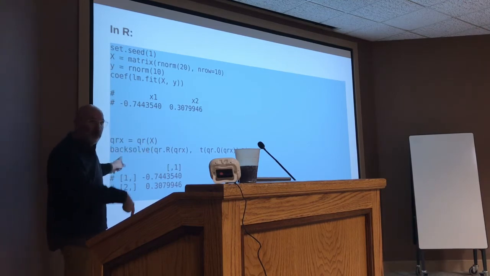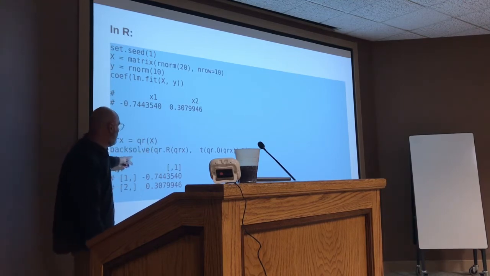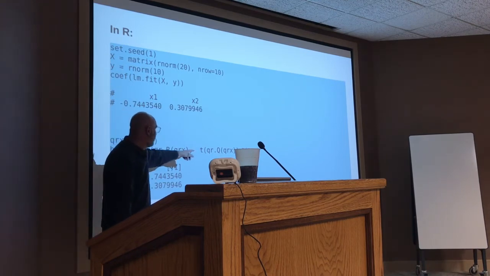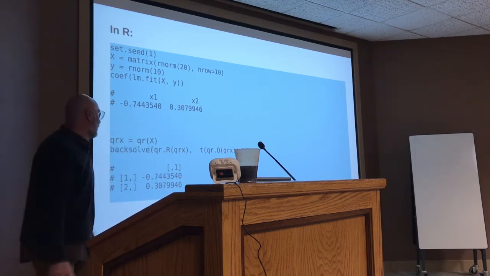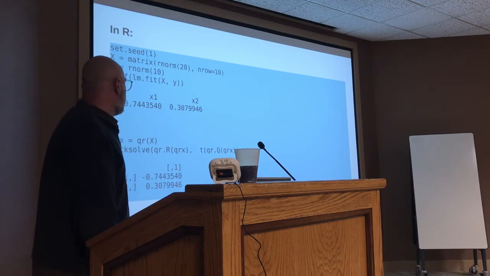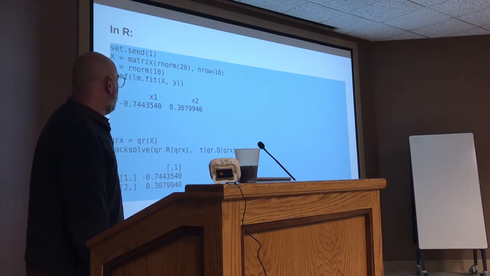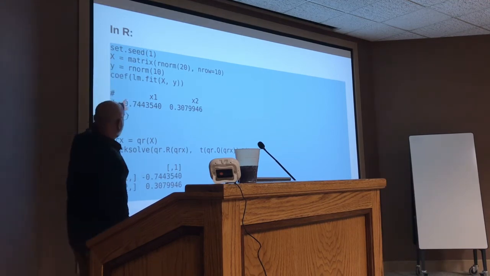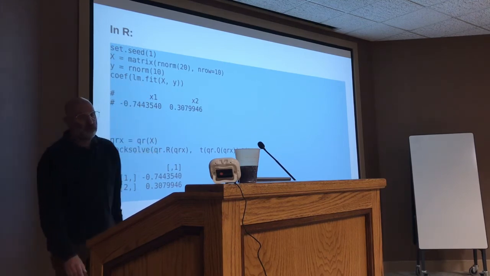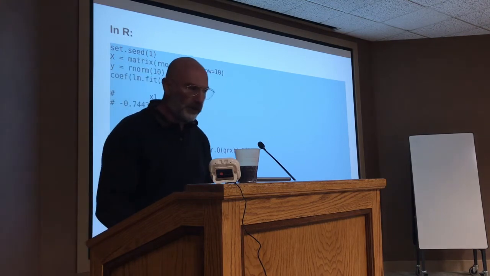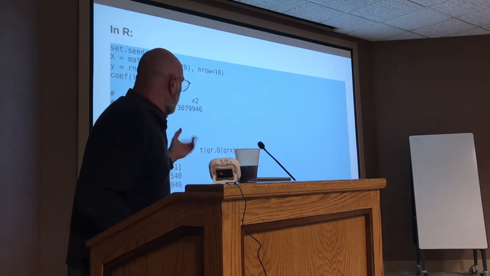We do a back solve, the back substitution like we learned in high school, using the triangular matrix. And we multiply the data vector by the transpose of the basis. And we get the same coefficients, right? So that's precisely how, under the hood, that's exactly what this function in R did. It did exactly this, with some bells and whistles on top of it. But it's a really central and important